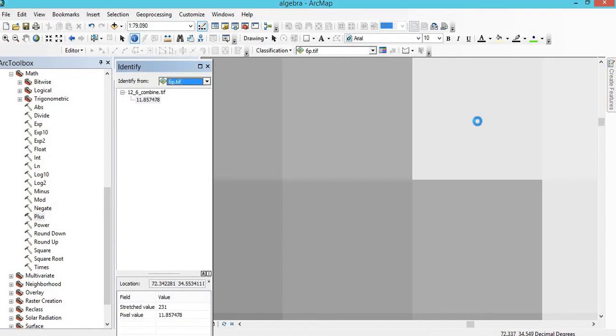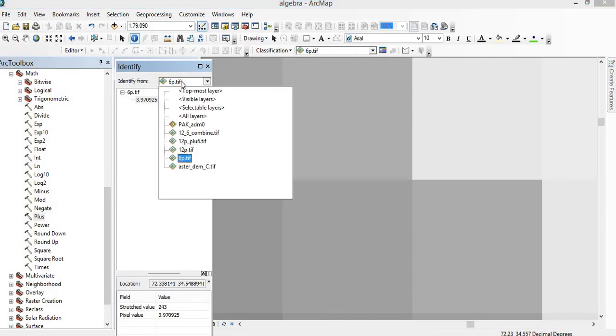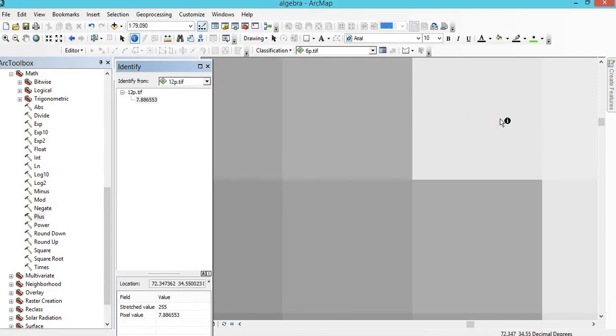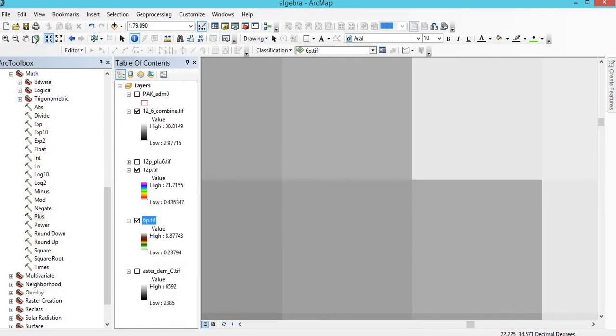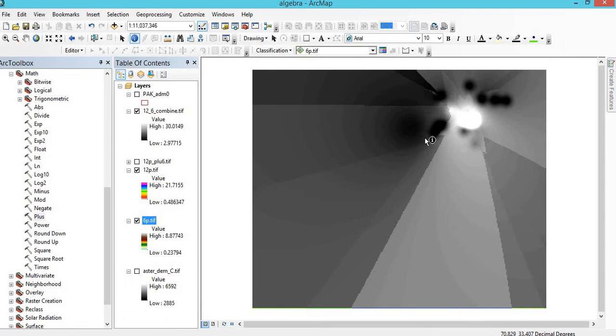So what happened, for example, at this pixel we have 6p is 3.97 and 12p is 7.88. 3.97 and 7.88, it will be about 11 point something. So you can see at this point it is 11.85. So what happened, each and every pixel is added to its corresponding pixel of the next image.